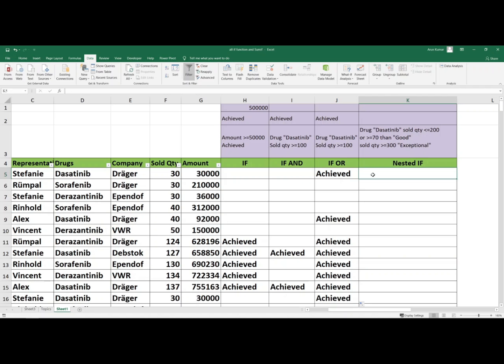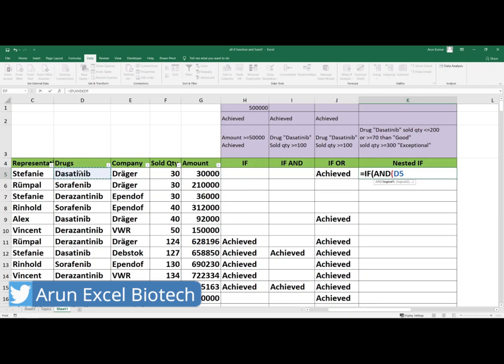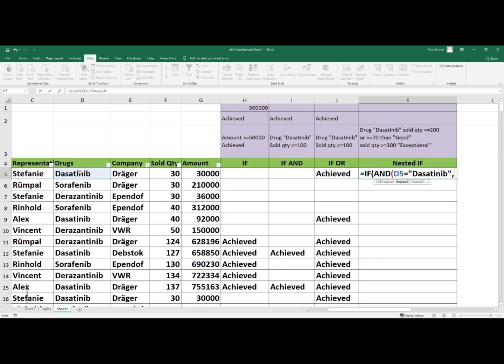Now we come to our fourth condition. This is called the nested IF. We use this function when we have given more than two criteria and any one of the criteria must be fulfilled. Let's write the equal sign, IF, hit the Tab button, open the parenthesis, and now write AND and open the parenthesis. As a first logical test we choose cell D5, which equals Dasatinib, and the second logical test is the sold quantity, lower than or equal to 200,